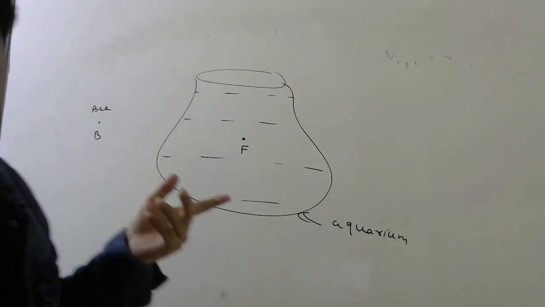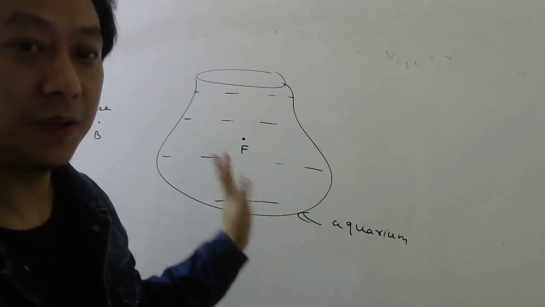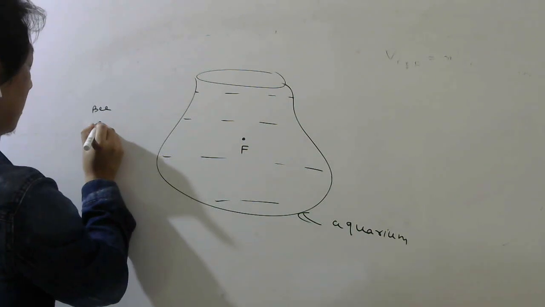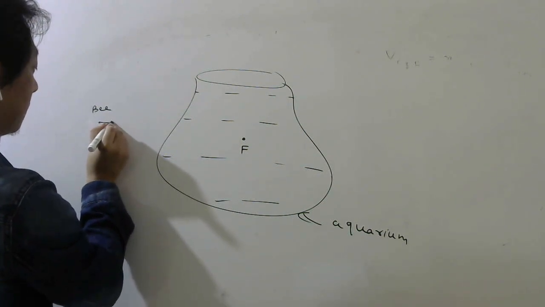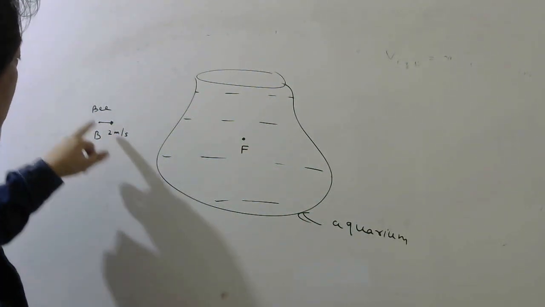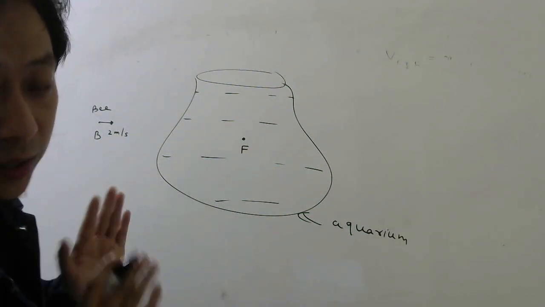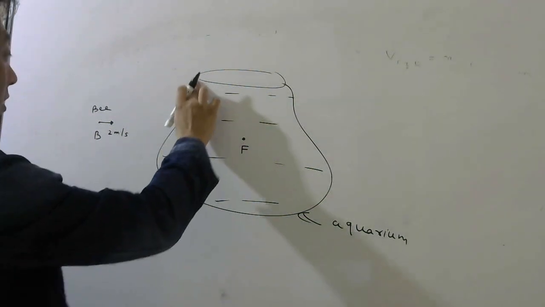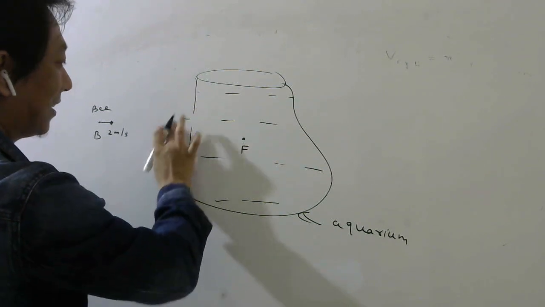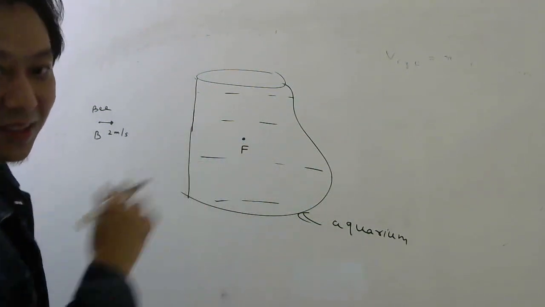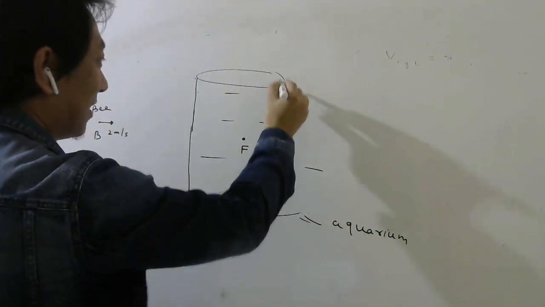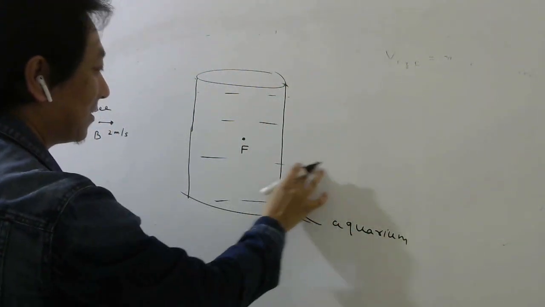Now in the previous one, I asked you velocity of B. Now let me here ask you velocity of fish. So let us say the B is moving towards this with 2 meter per second. What is this velocity of B with respect to ground? When they don't say anything, it is with respect to ground. I don't want the surface like this. If it is like that, then we cannot apply the apparent depth, real depth formula, no? So let us not be so fancy, and let us say it is like this.